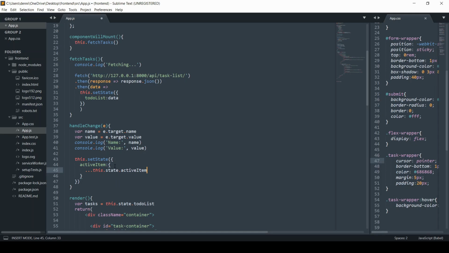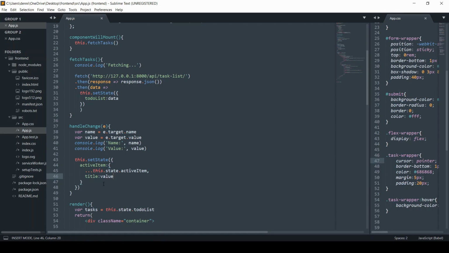So this is the attribute we're updating. And then within here, we're just going to say we want to update the title. So for this, let's just get the value, and we'll update that. So now to actually see this active item and to make sure that it actually worked, let's go ahead and